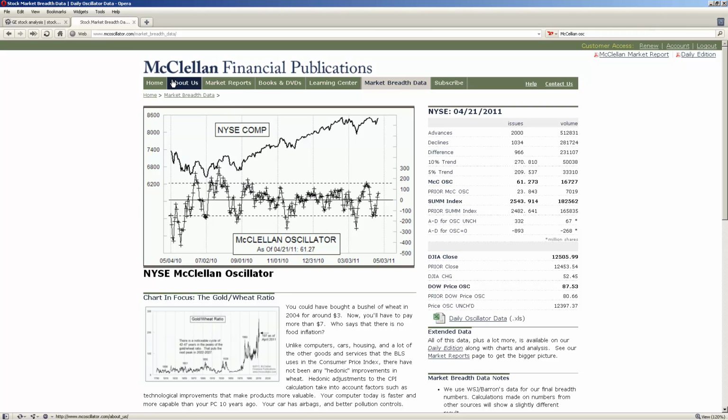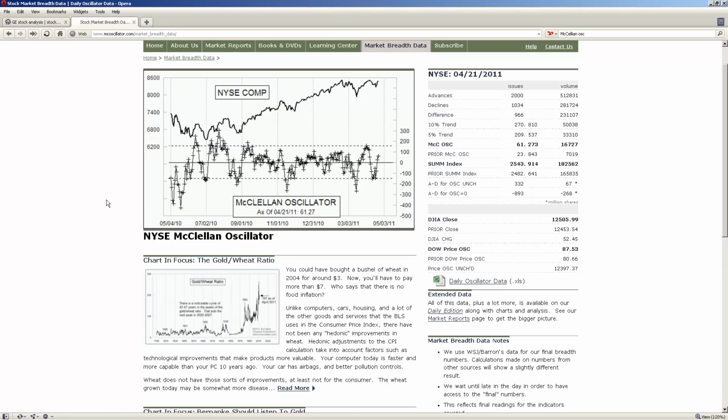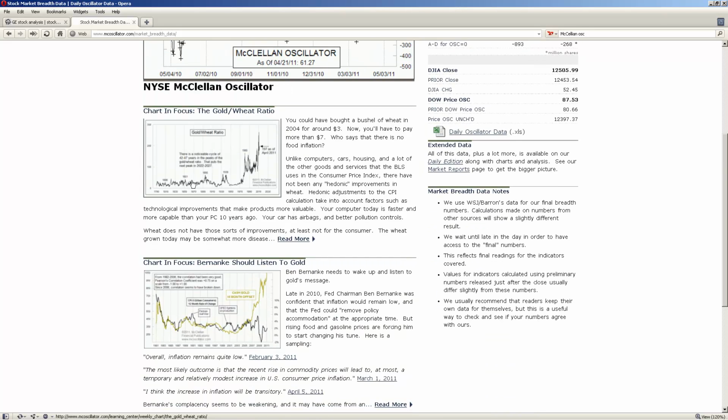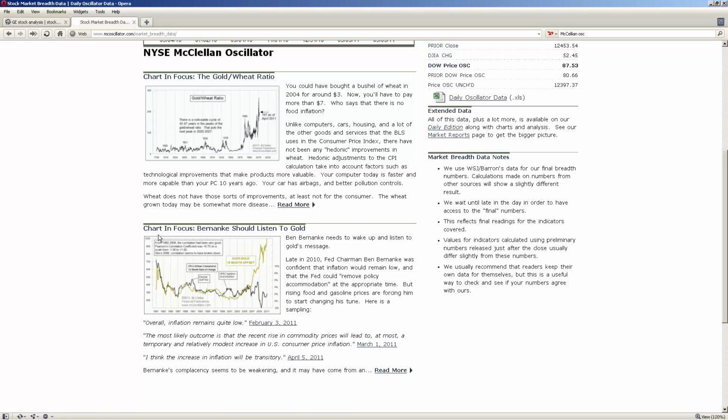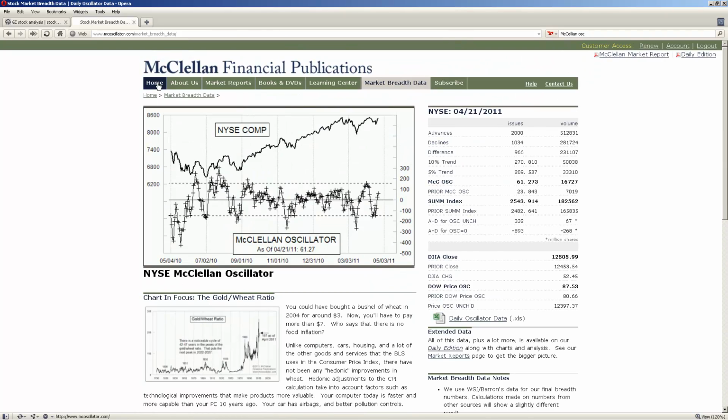And so if you go to their website and go to the Market Breadth Data tab, they do update this every single market day for free. And this chart right here is wonderful. And if you ever happen to read one of their daily reports or monthly reports, he has insight into these like nobody's business, and it's fascinating, really. They also will provide different articles and charts that they create. Normally they're very interesting.